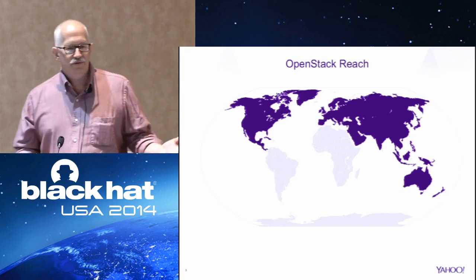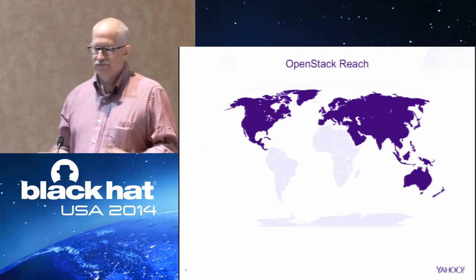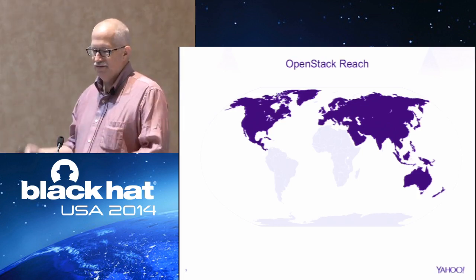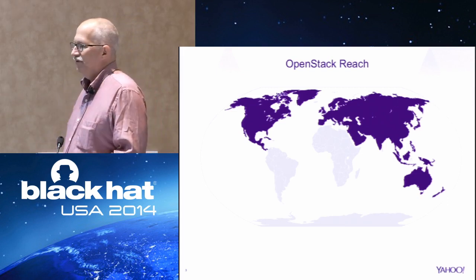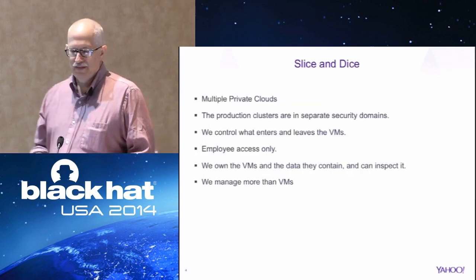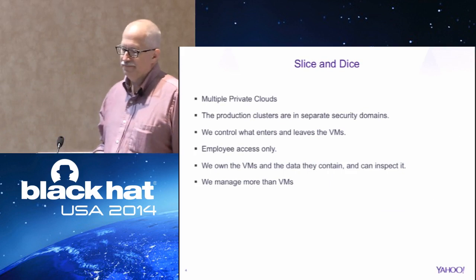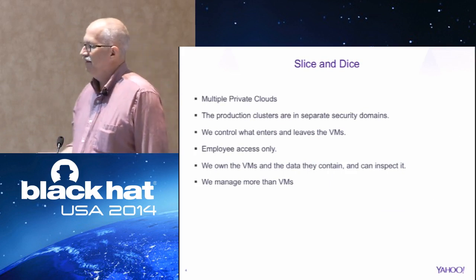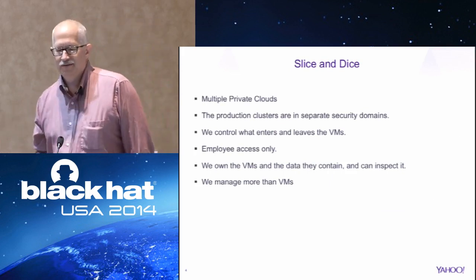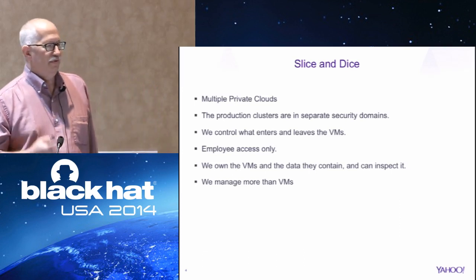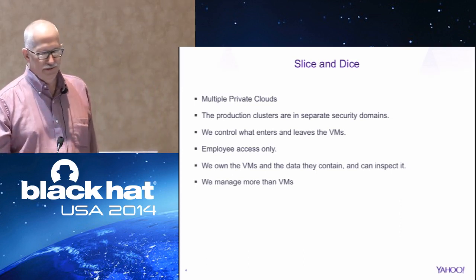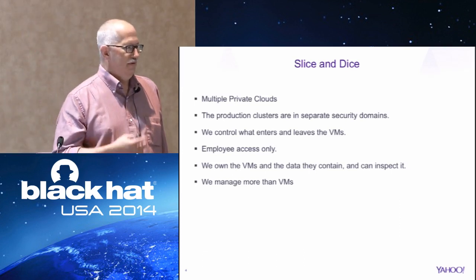So you have developers, you have different types of data, user data, corporate data, systems. How do you go about securing all this? The answer is we slice and dice. So what are we slicing and dicing? The short answer is data. These are private clouds, and we control the data and the access to it. That's one benefit we have over public